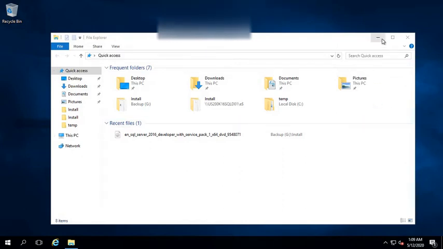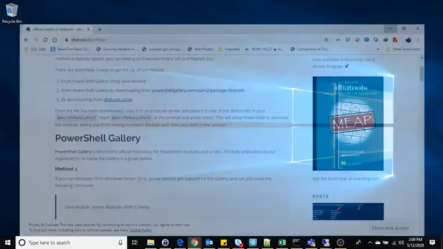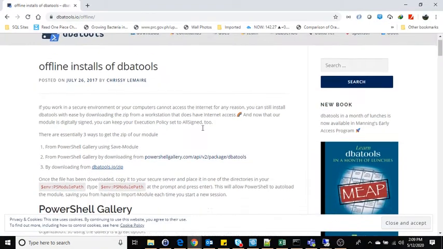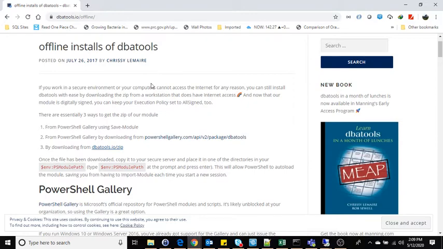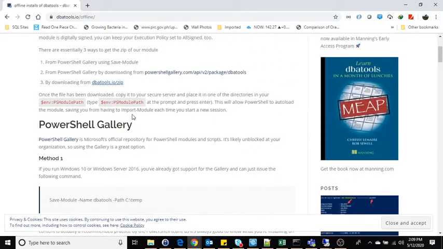Hi, I'm here to teach you how to install dbatools offline because I think the documentation is not that clear. So to install dbatools offline without internet, you have to download the